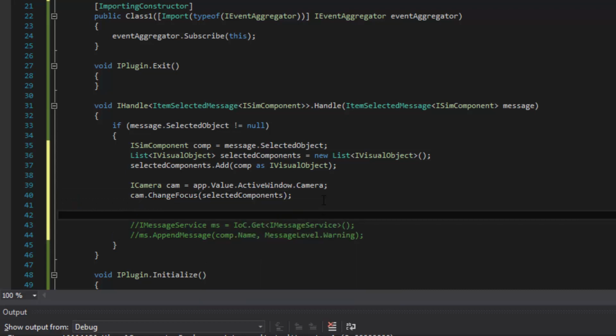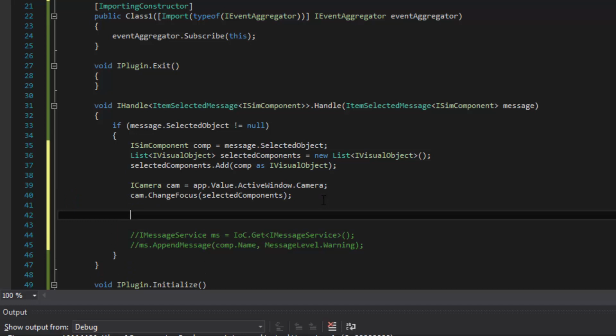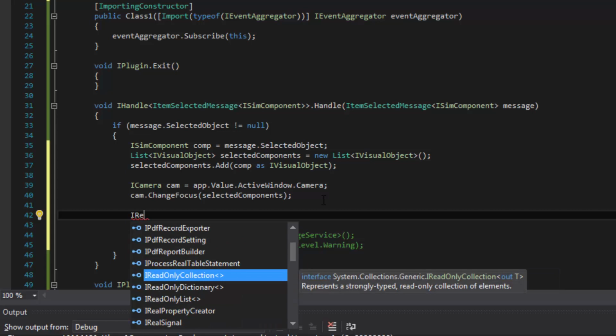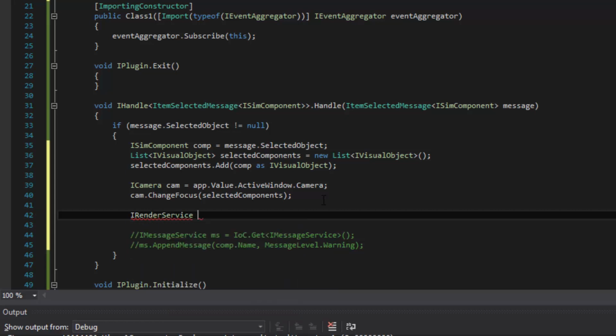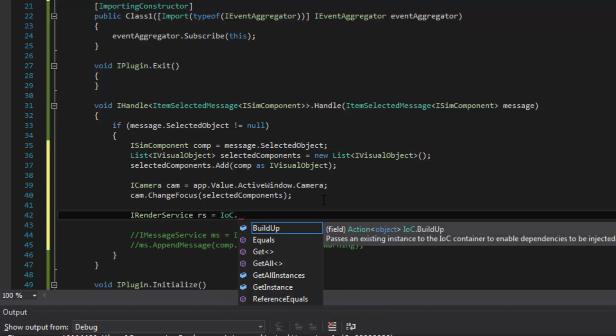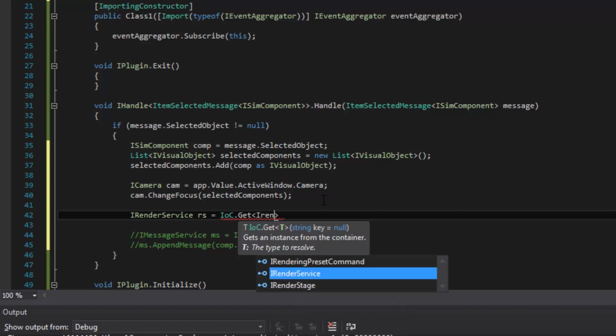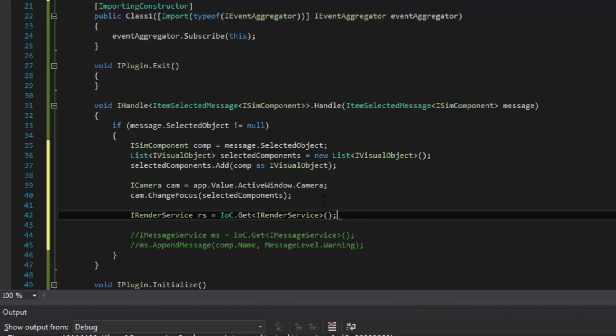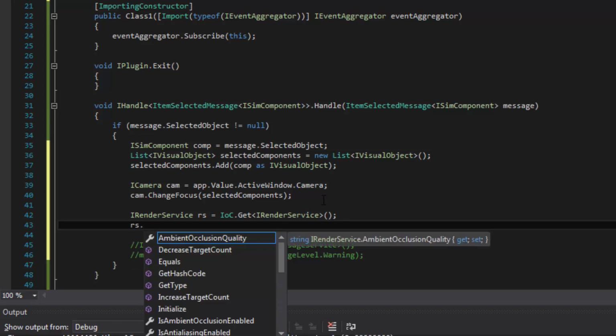And now, after we change the camera, we need to render everything in the 3D world. So instead of just directly doing it ourselves, we can request, using an iRender service, to request a render in the 3D world. So we're just not forcing the application to do it when we want it to. So that interface is called iRender service. And I'll just call it RS equals, and I'll use the IOC to get a handle for that instance. So IOC get iRender service. And then, instead of just forcing the application to do what we want, we'll just request the render, and then when it has enough free time to do it, it will then do it for us. So it should be rather quick.